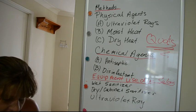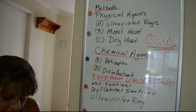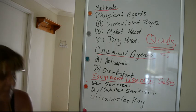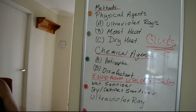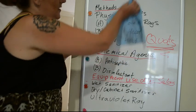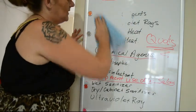The advantages of quats as a sanitation agent are that they are odorless, colourless, non-toxic and stable. The disadvantage is they may not be effective in sanitizing against the HIV virus. Okay, so I actually use the quats agents that I get from my distributor. But again, I'm not going to go into that too much as